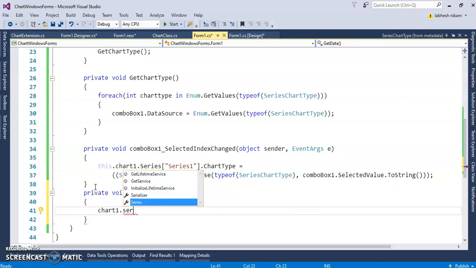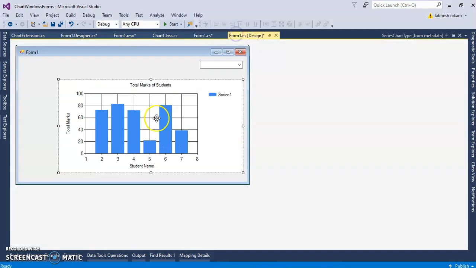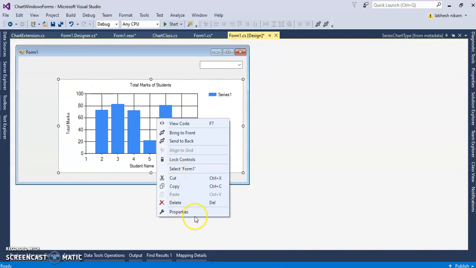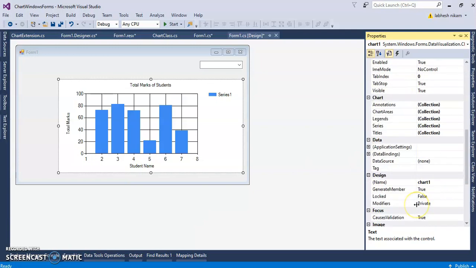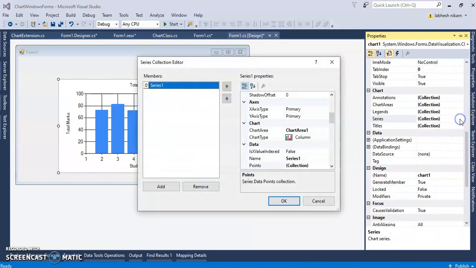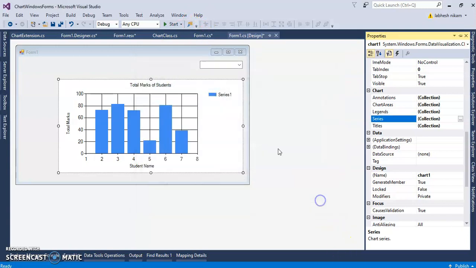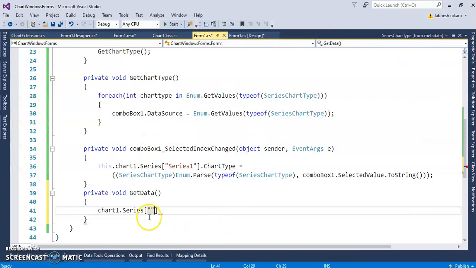Like this you can add the series, and in the chart I have series 1. Okay, in this property there is by default series 1. In the series type, this series 1. Okay, so I will use this series 1 and add the data programmatically. So chart1 dot series 1. Okay,